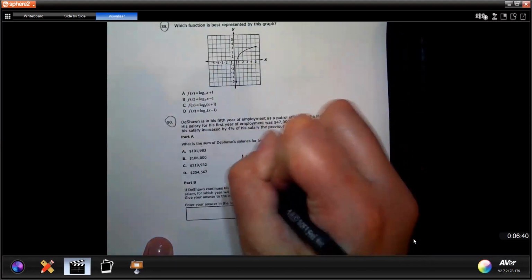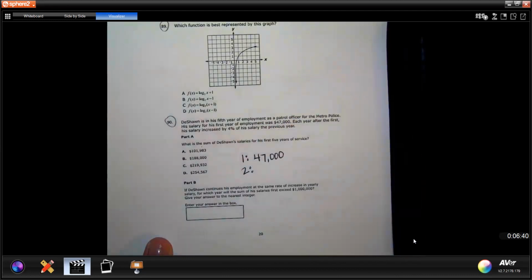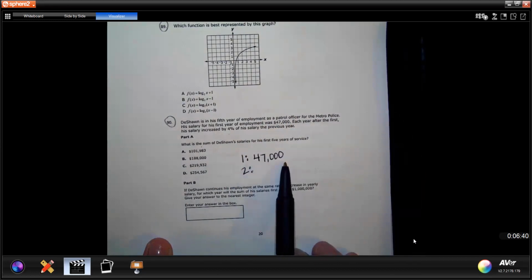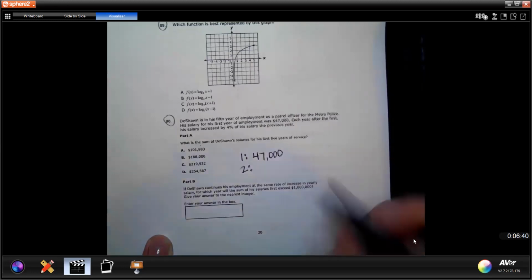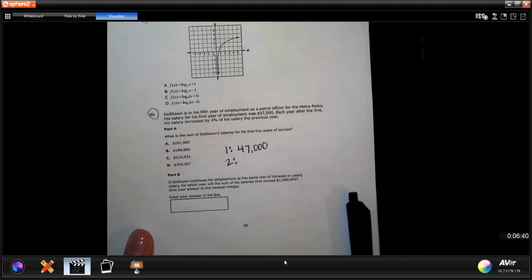So how do we find his salary for his second year? Is there something we could take this and just multiply it by? So we want 4% of this, and we want to add it to 47,000. Yeah, Jack. 0.04. Okay, 0.04 is going to give us 4%. And then how do we want to keep his whole salary and add another 4%? 1.04. Okay, so if we take 47,000 and multiply it by 1.04,